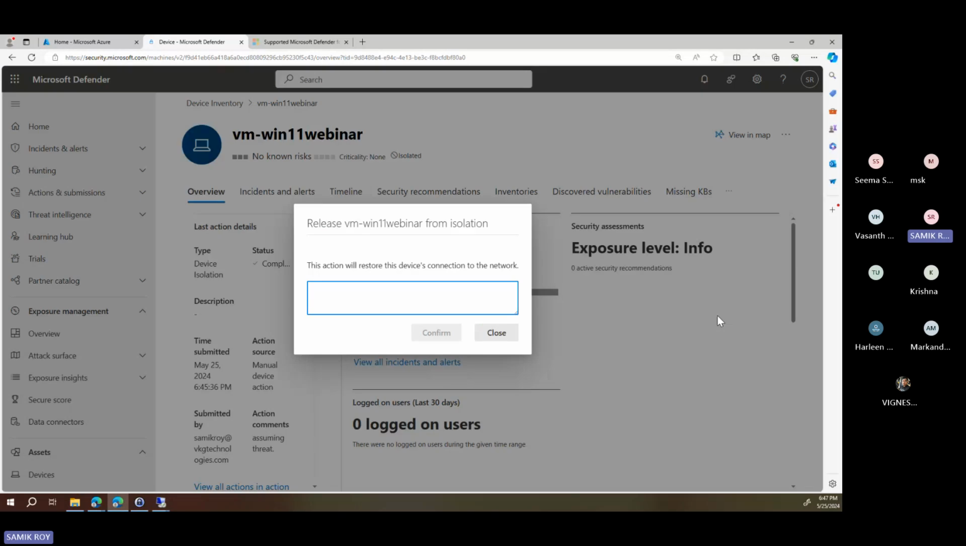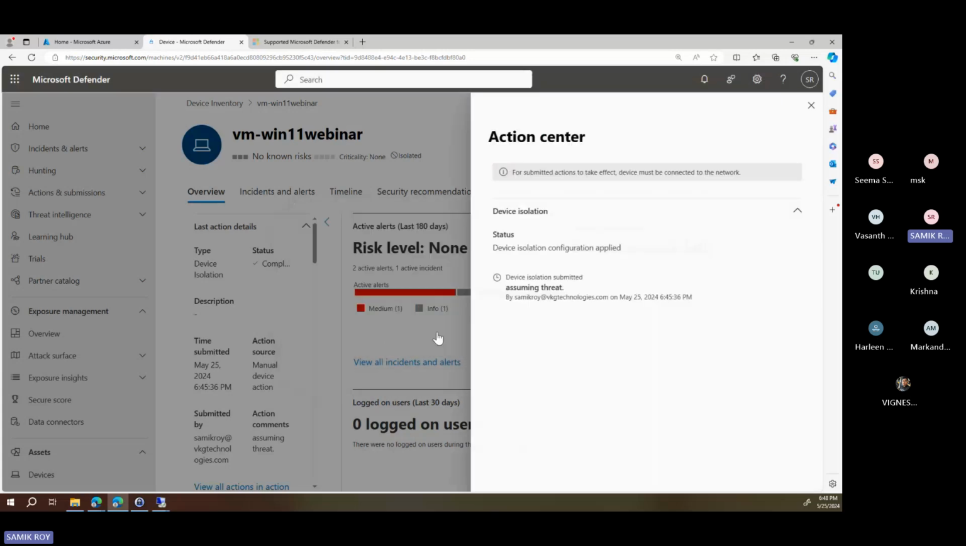I'm going to hit that. And no threat found. Let's say, I mean, this is just a comment. So for reference, and I'm going to confirm that. The moment I did that, like the previous one, it went to Action Center and then queued action to